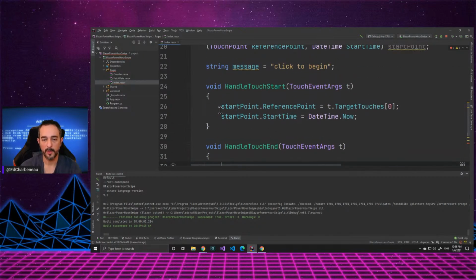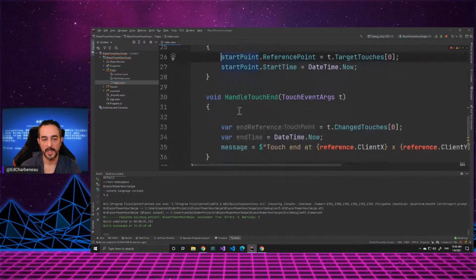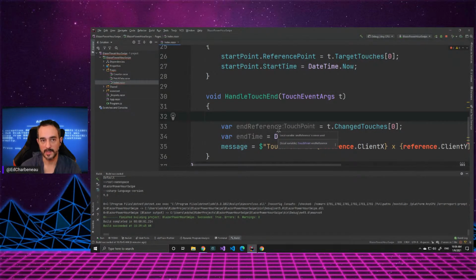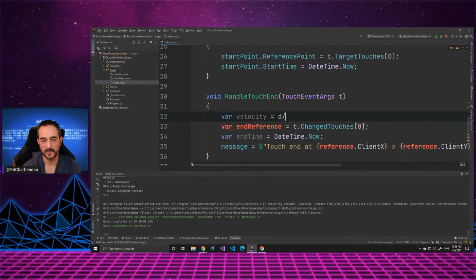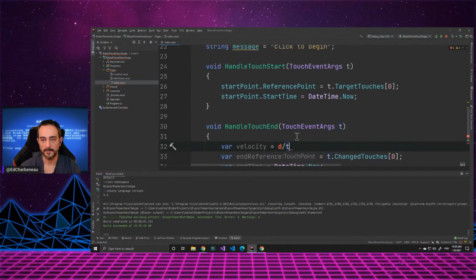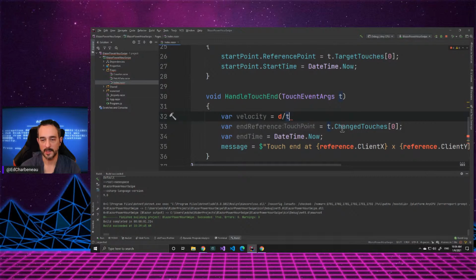If I have point A and B, and I also have the time it took to get from point A to B, then I could do velocity. So if I say var velocity, the mathematical equation for velocity is distance over time, right? So the distance is going to be point A to B, my touch targets and my change touches, over the time. So we'll subtract the 2 times that we have, and then we'll have the velocity of that